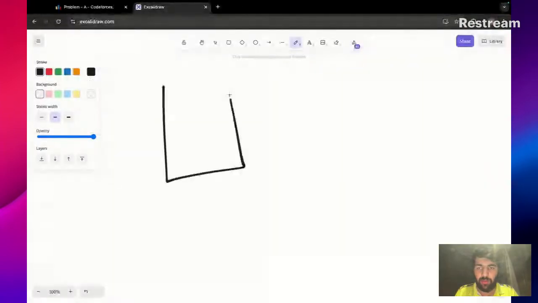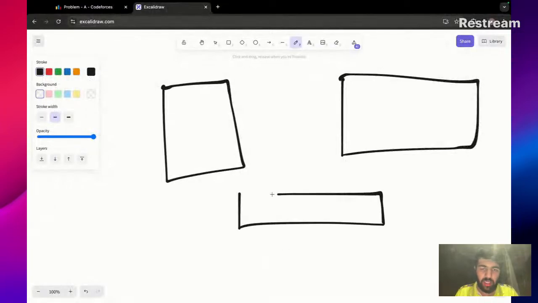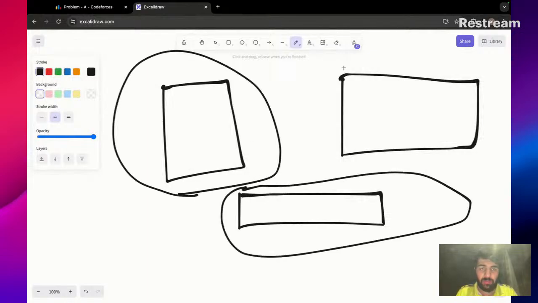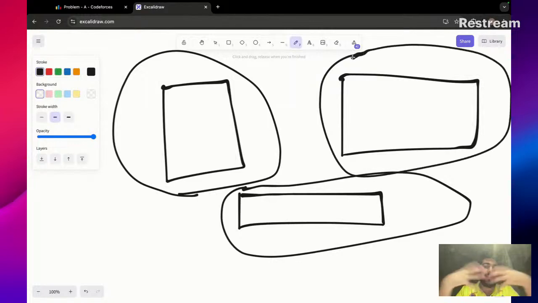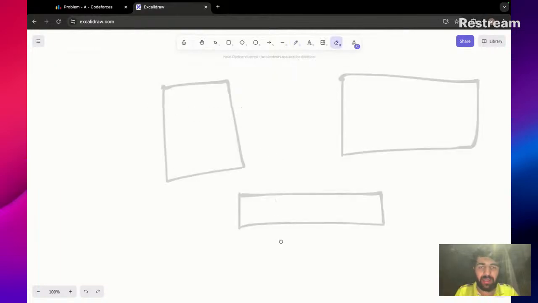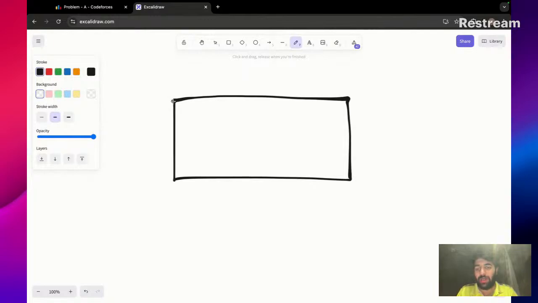So we start off with making rectangles, and this is problem A. If we keep them like this itself, it will be the perimeter of this plus the perimeter of this plus the perimeter of this. We need to minimize this perimeter. So to minimize it, we need to coincide these rectangles, right? So what is the best way to coincide the perimeters? You can just place the start of all the rectangles at 0 comma 0, like any point like this, and